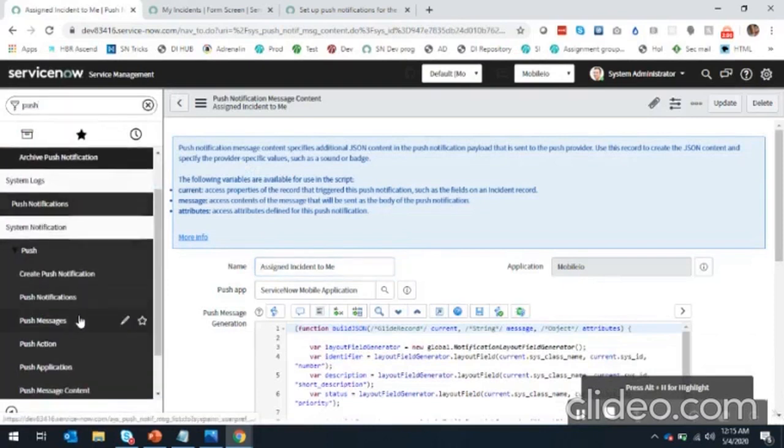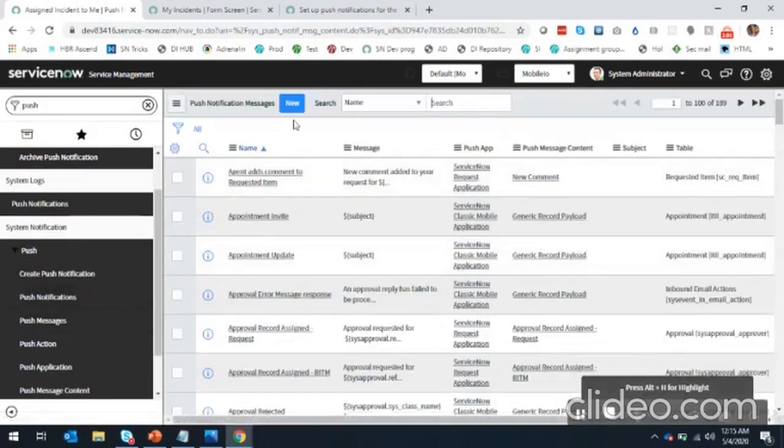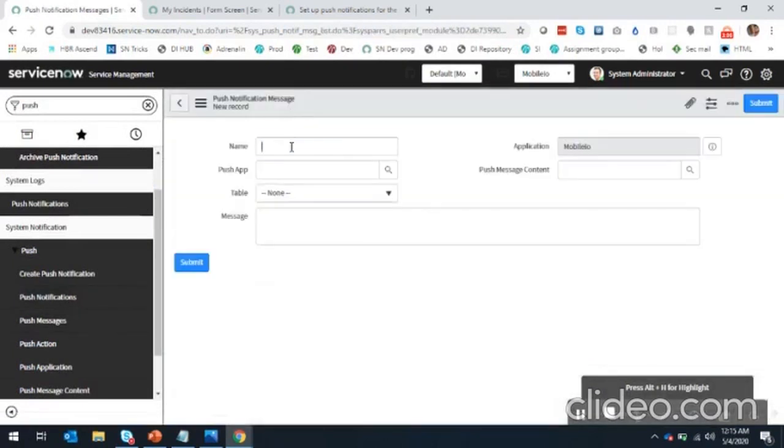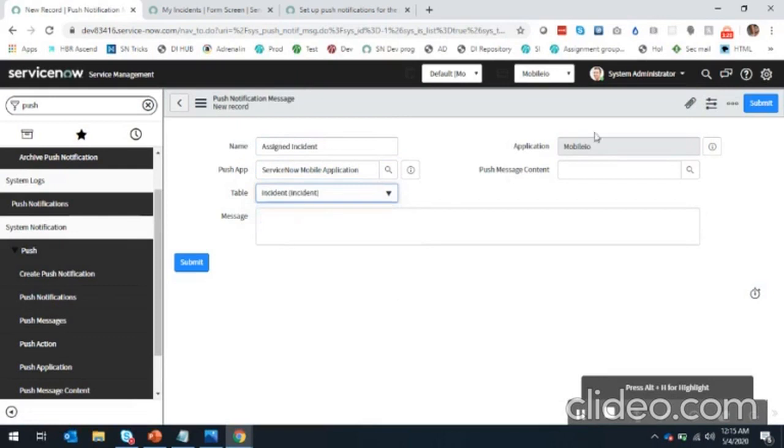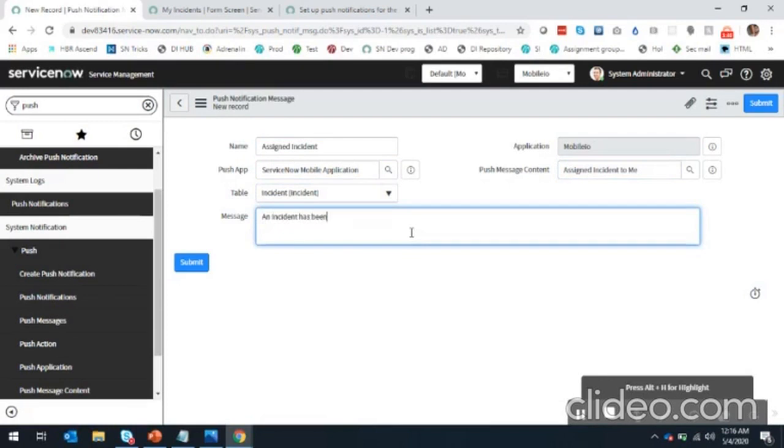Then we need to configure the push message. So here, the app is ServiceNow mobile application. Table is incident. Push message content is incident to me, and an incident has been assigned to you. Then after submitting,